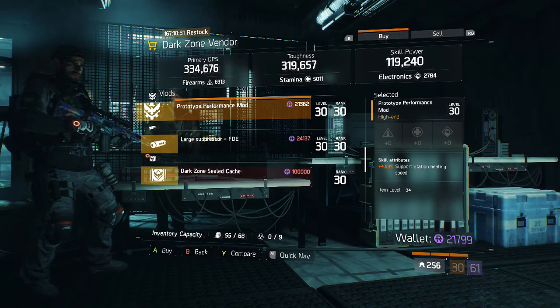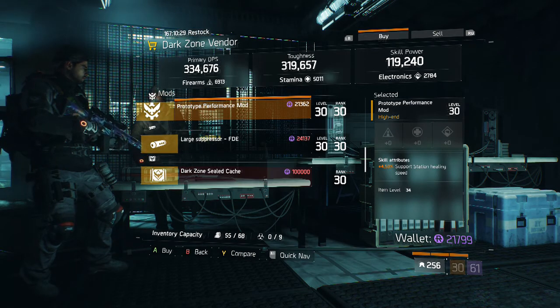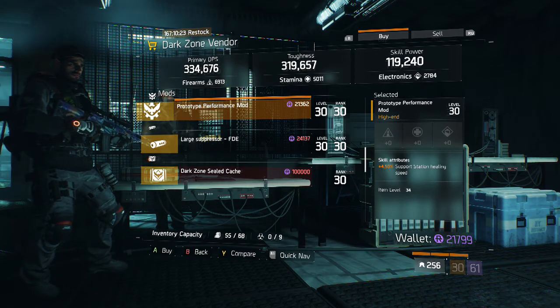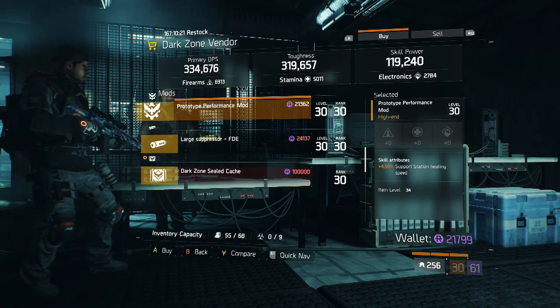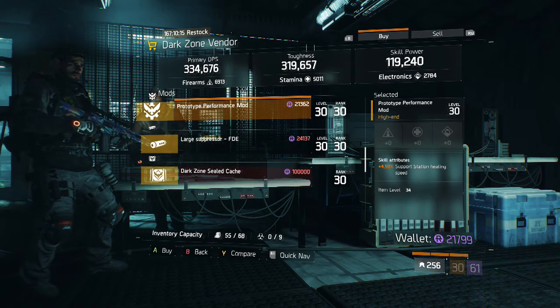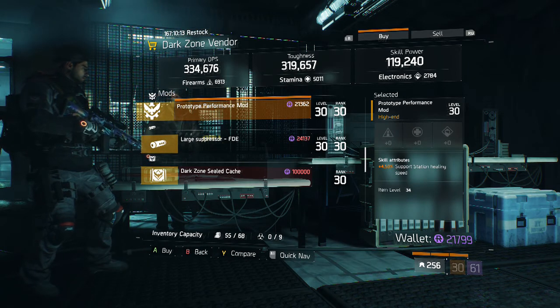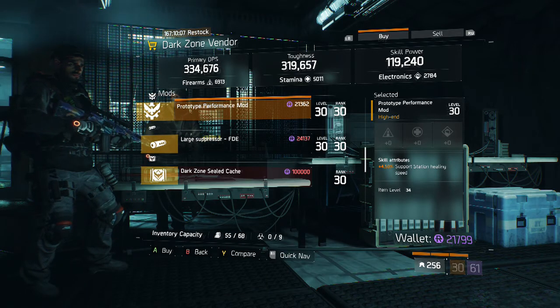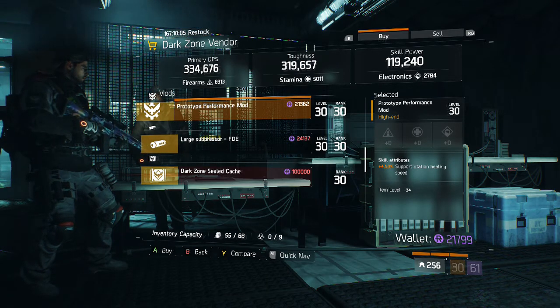This one, to me, for anyone running a support build or healing with Reclaimer or something like that, is the mod that I would personally suggest, due to the fact that most of the time you're going to be using a support station, and having that increased healing speed, obviously you can get radius, which is also very nice, if you have the defibrillator to get people up that are down,